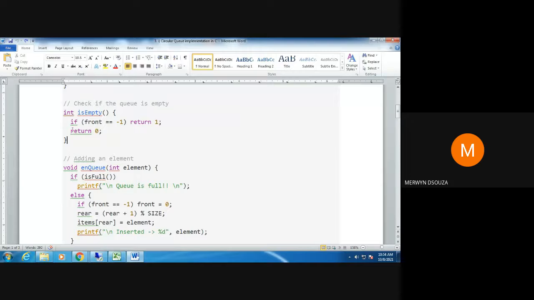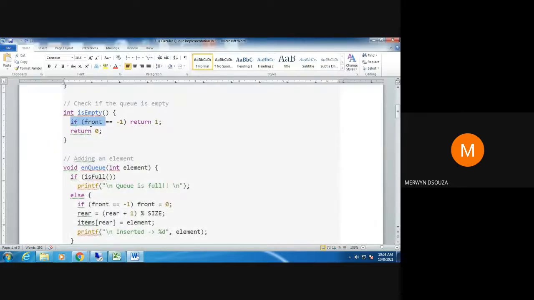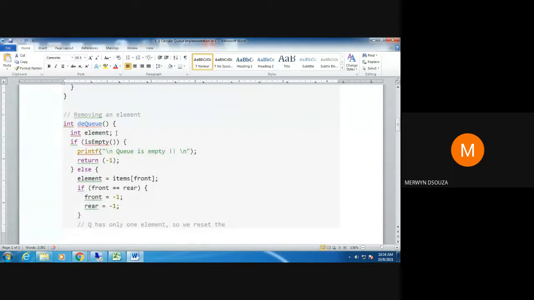Now when we check this condition, we know that the value of front is equal to -1. So this condition is true. When this condition is true, we are returning the value 1. So this 1 is returned to where? To this statement here. We had called this isEmpty function here. That value 1 will be returned here to the if condition.